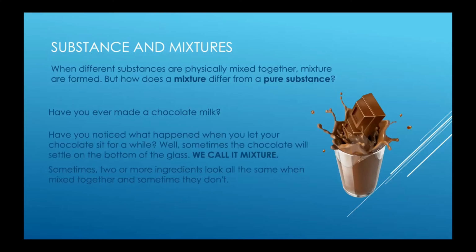Have you noticed that when you let your chocolate sit for a while, sometimes the chocolate will settle on the bottom of the glass. We call it mixture. So pag makikita mo yung nasa dun sa ilalim ng baso, those are the granules. Those are mixtures. Okay? Sometimes two or more ingredients look all the same when mixed together, and sometimes they don't. Okay? In this lesson, you will find out the difference between mixture and pure substance based on a set of